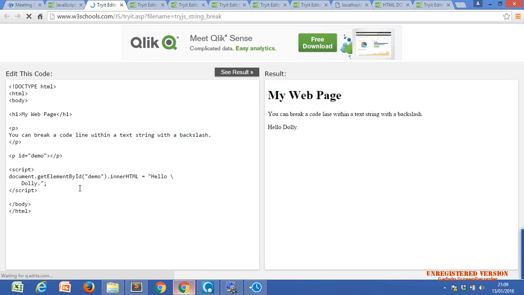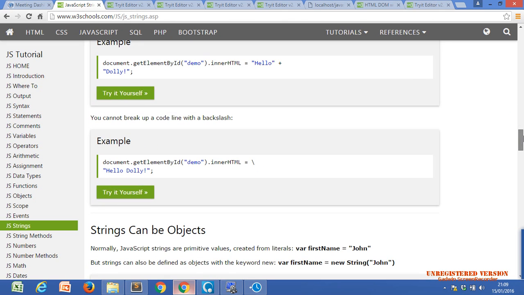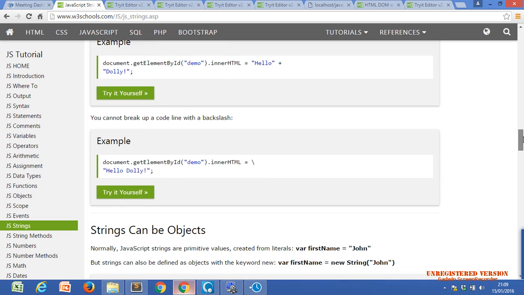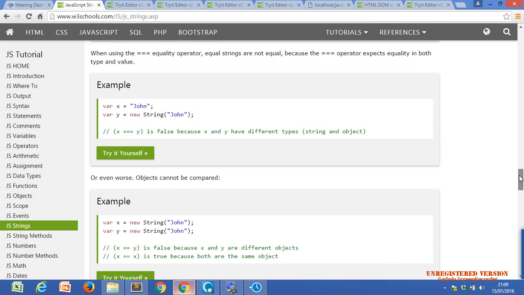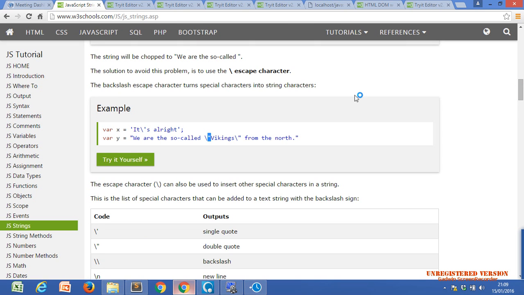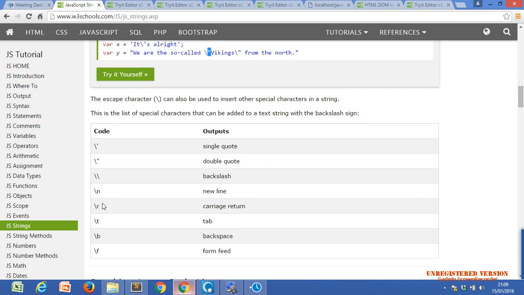Nothing happened. Once again, let me see this. I will just check the new line, maybe some browsers support it or not.